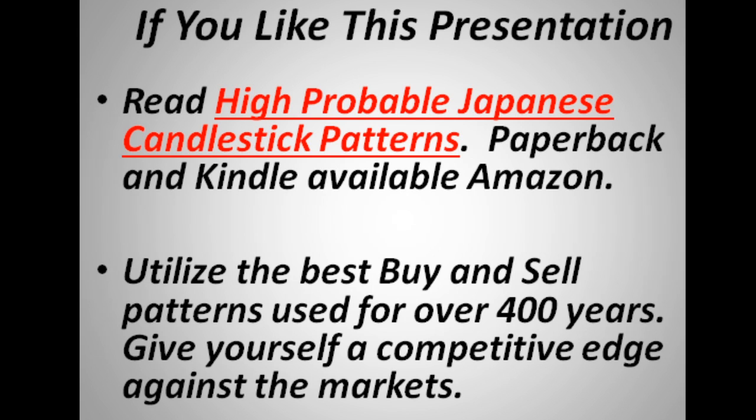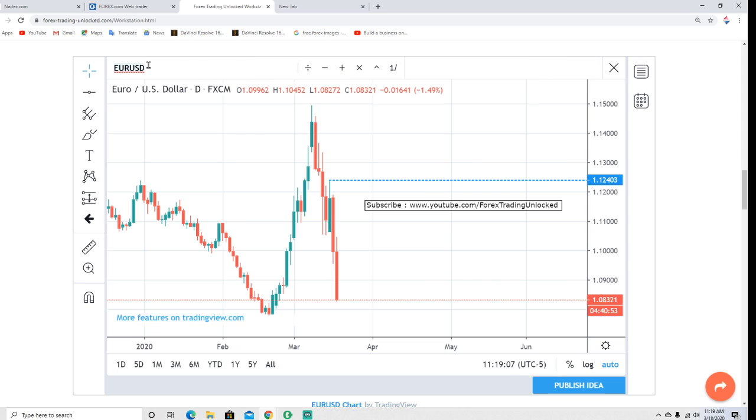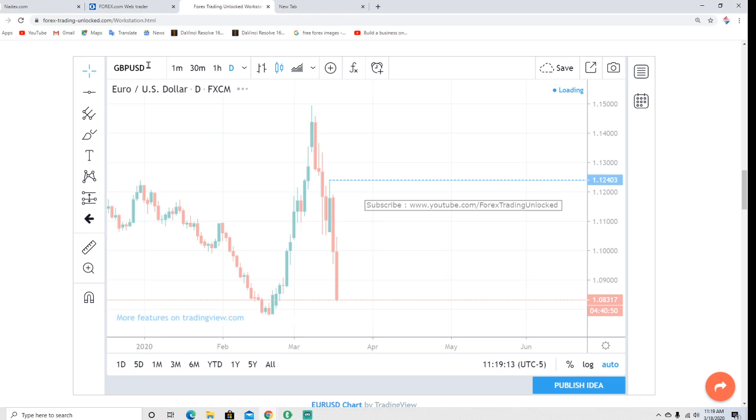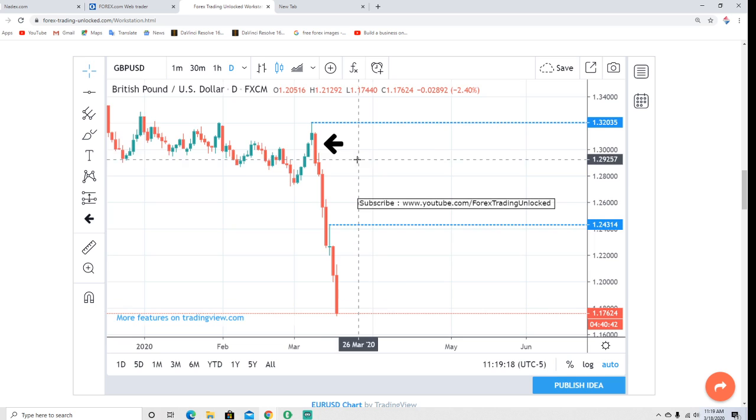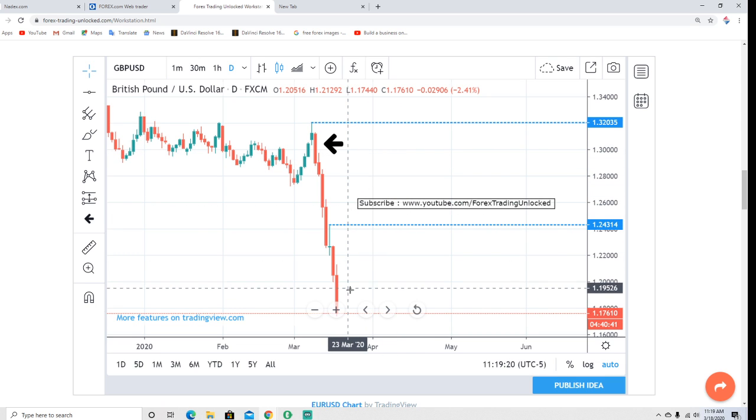And just to remind you of why you would want to read that book, we'll go right back to our screen real quick, and then let's go check out one last market again, the British pound US dollar. Remember when we talked about that? We talked about the bearish engulfing line, which was also in the euro US dollar. That was this. Look at how far of a move this pattern yielded.